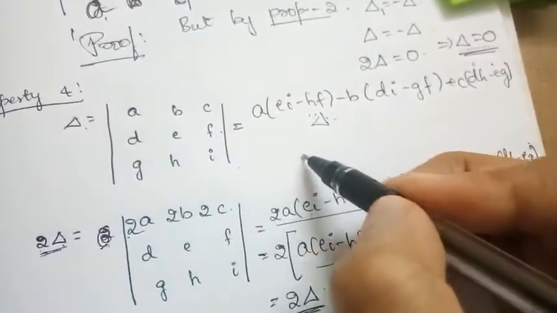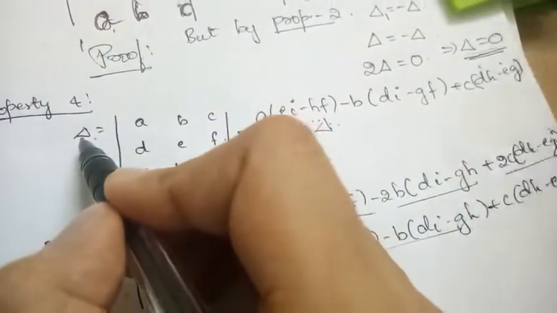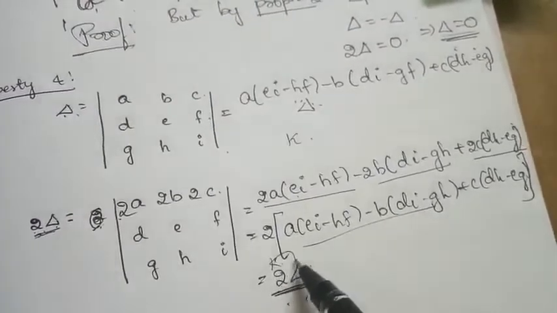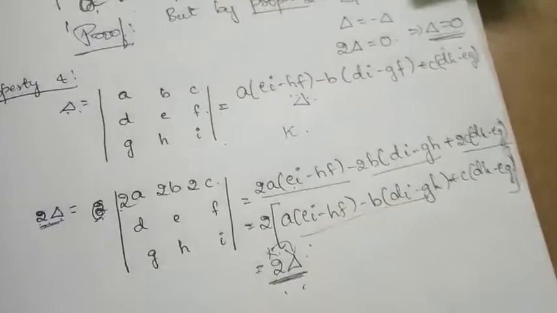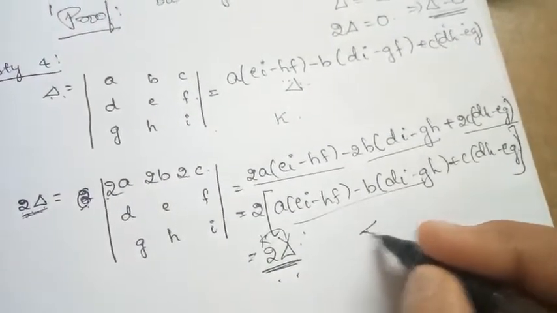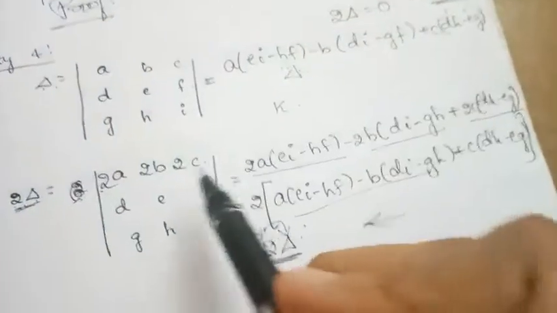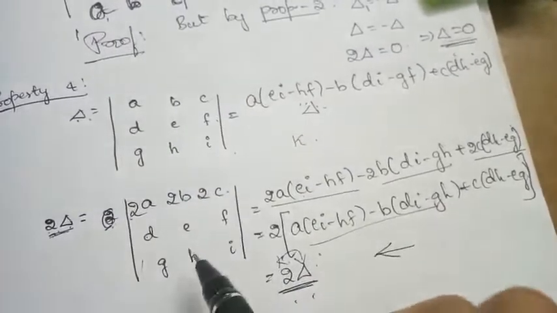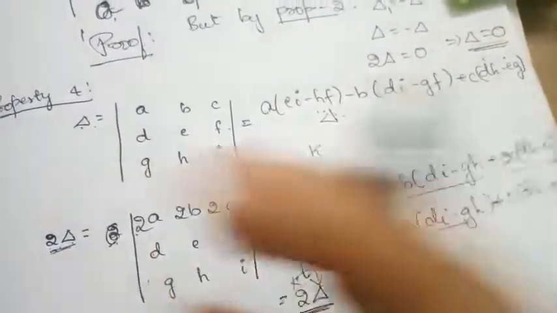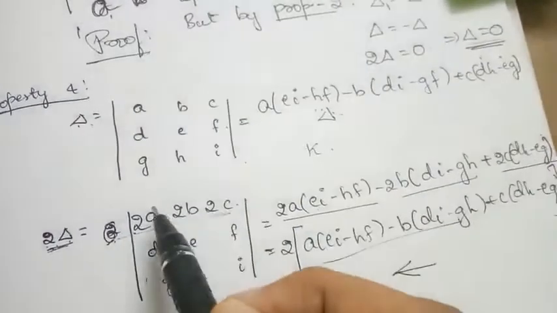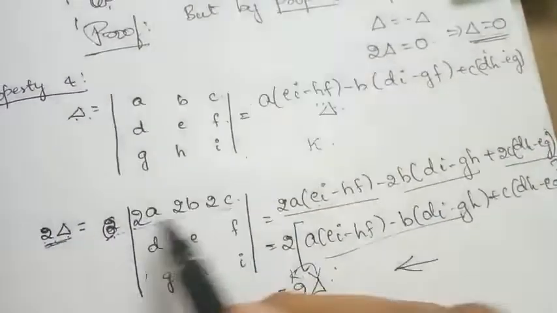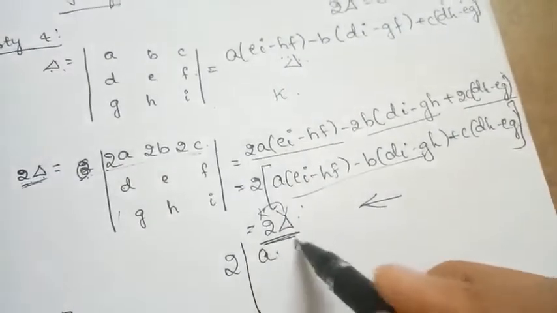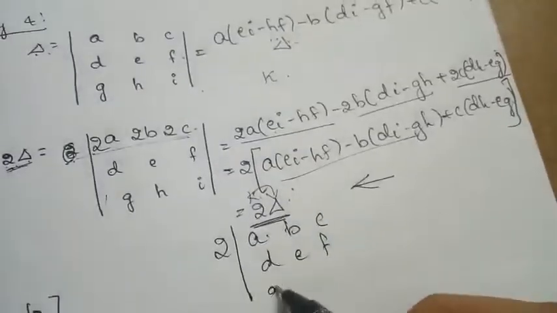So that is what they are saying. If we multiply any scalar k to the determinant, then the value of that determinant is k times that of the previous determinant. Suppose I go in the reverse manner: if there is a determinant kA, kB, kC, D, E, F, G, H, I, then we can take a common factor outside from any one row or any one column. You can see k is common in this row, so I can take k common outside and the determinant becomes A, B, C, D, E, F, G, H, I.